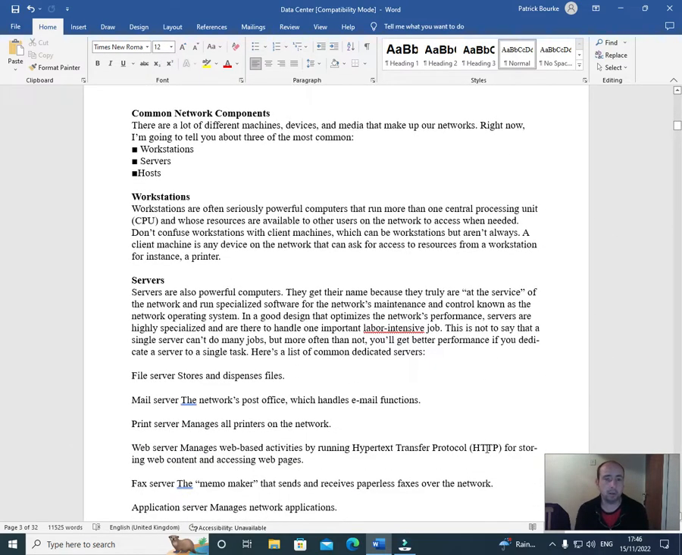Common network components. There are a lot of different machines, devices and media that make up networks. Right now I'm going to tell you about the three most common: workstations, servers, hosts. Workstations